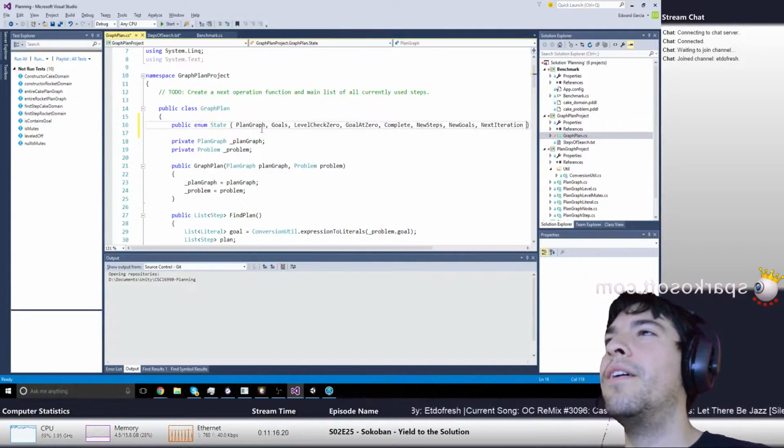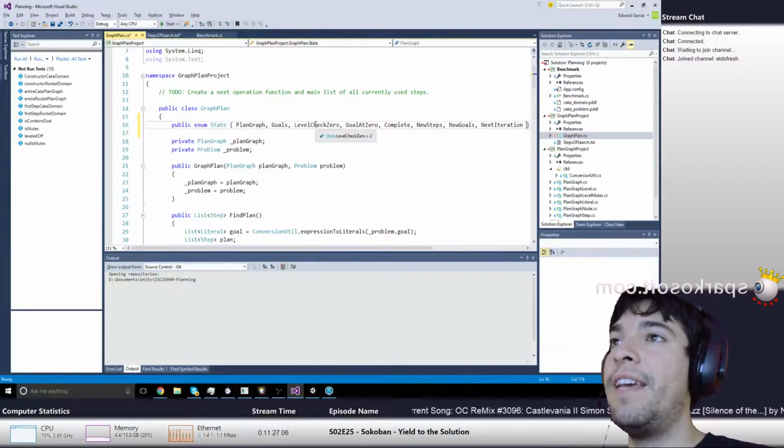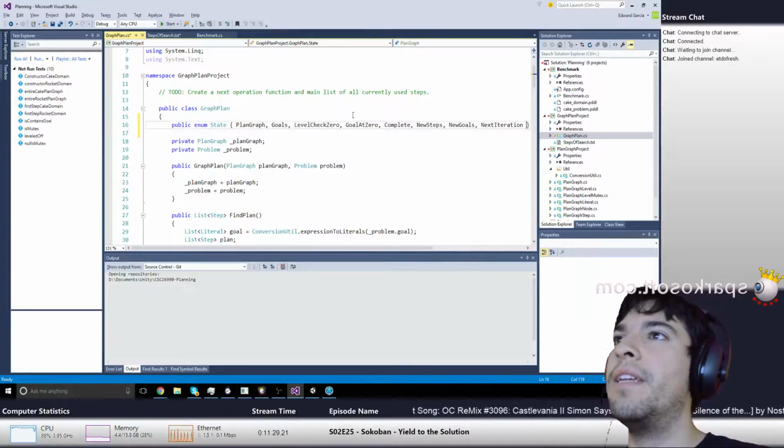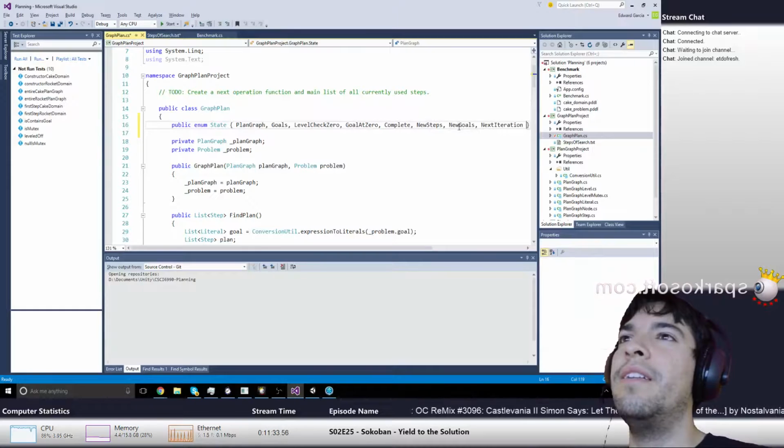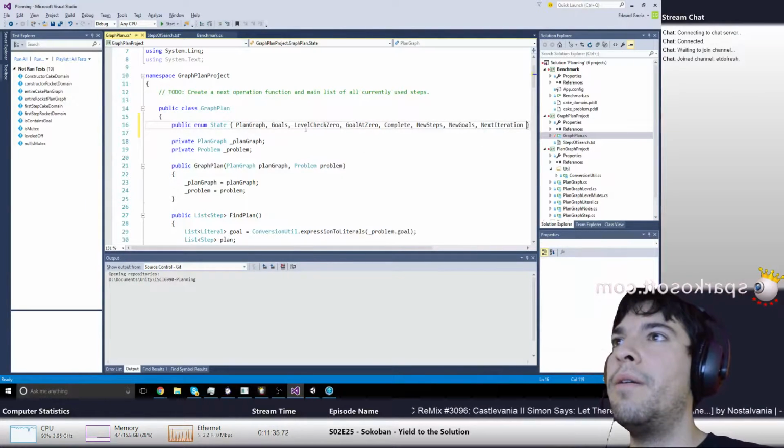So basically it should go plan graph, goals, level check, goal at 0, complete. Sorry, plans, goals, level check, if yes, goal at 0, if yes, complete, if no, new steps, and then new goals, next iteration, back to